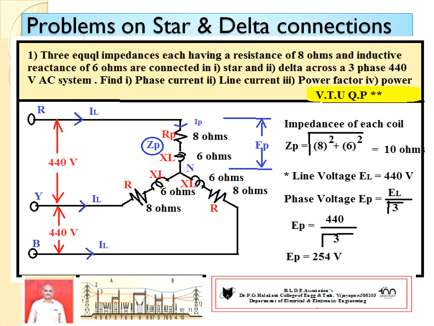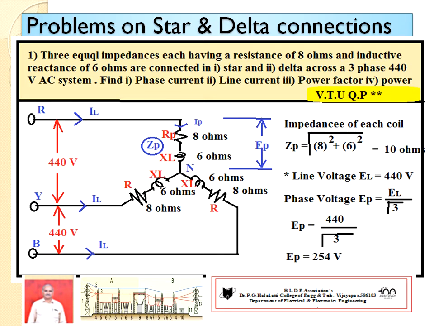So here you have to first identify which type of circuit is there. The 3 impedances connected in star are called phase impedance, denoted by ZP. In this problem, resistance R equal to 8 ohms and inductive reactance XL equal to 6 ohms. So it is an RL series circuit. This is the understanding of impedance.